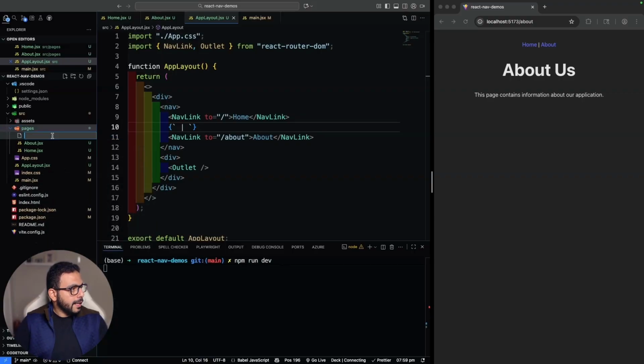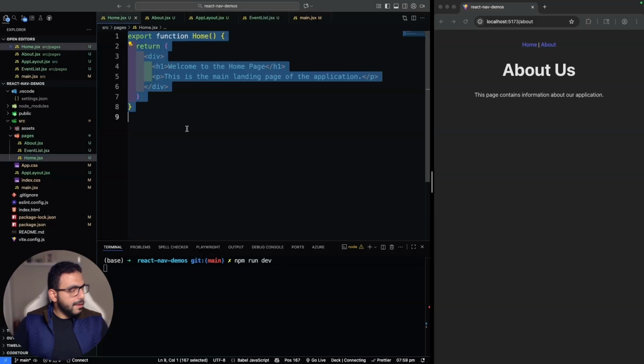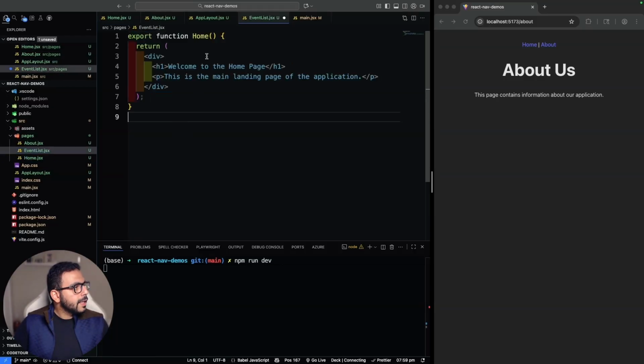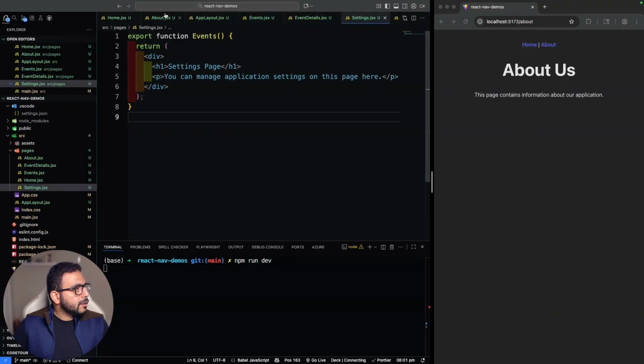So here I'm gonna go ahead and create an events list page, JSX, and let me just copy everything from the home page right now and replace the headers and the content. I'm gonna speed up that part. Now I'm gonna go back to our